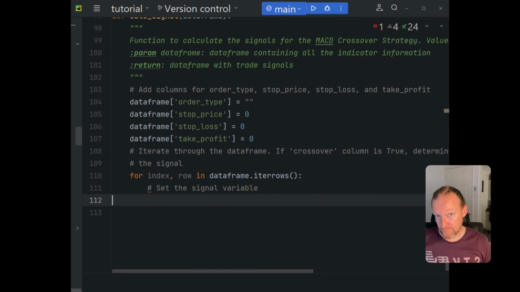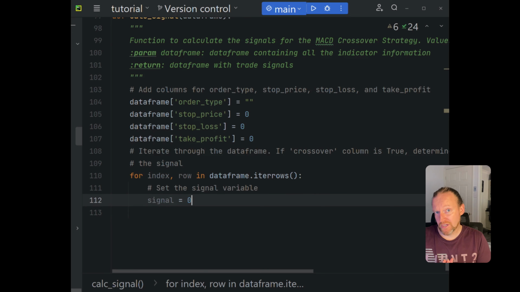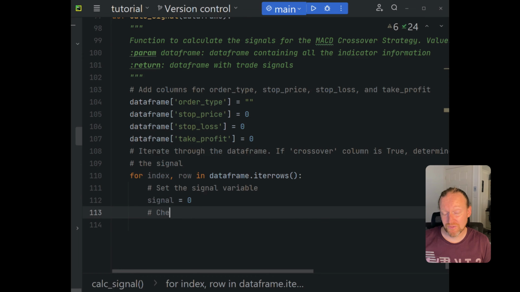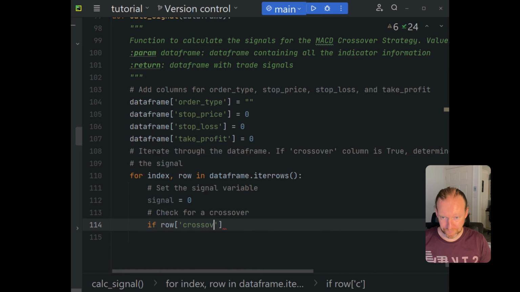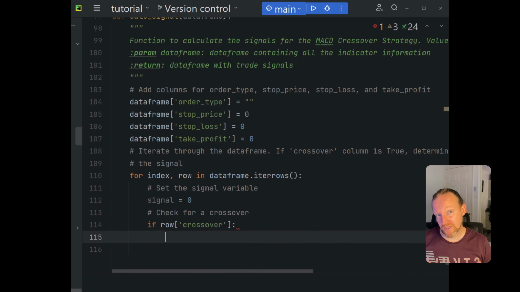How we'll be doing this in this particular strategy is looking at a signal value, and that indicates the direction of the cross as well. So a default value is 0. That means there's been no cross and it's not going in any direction. If a crossover occurs, which is the if row crossover,